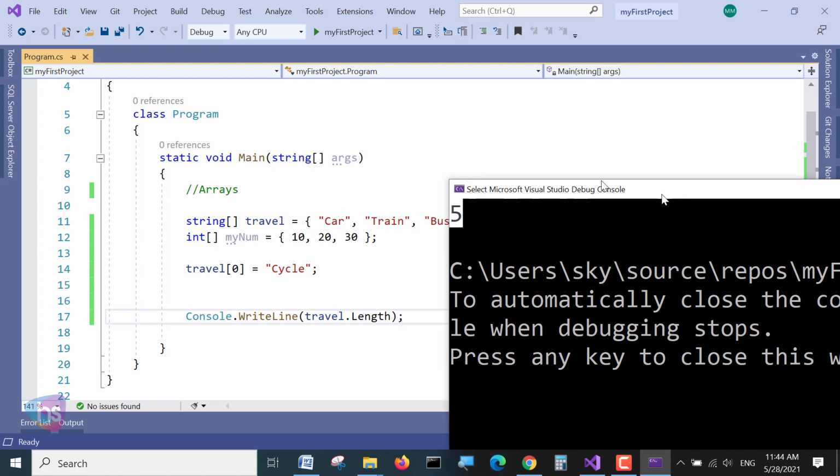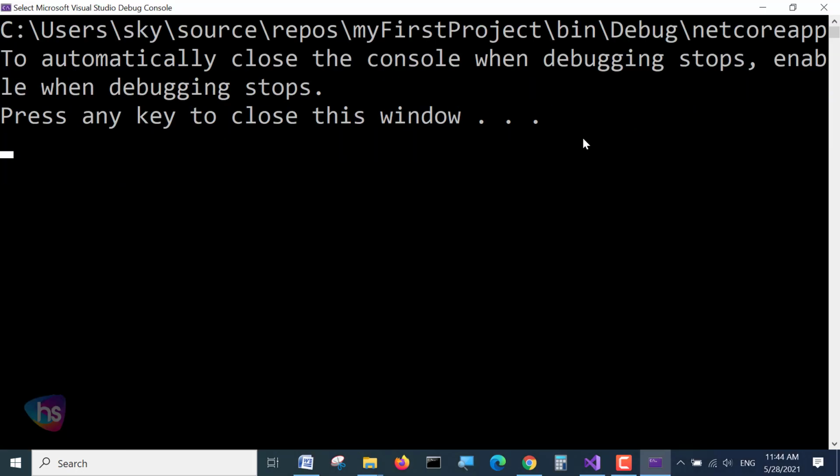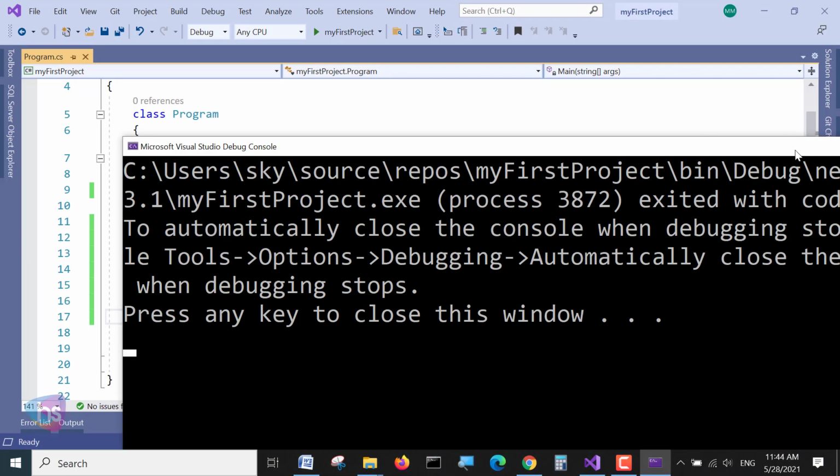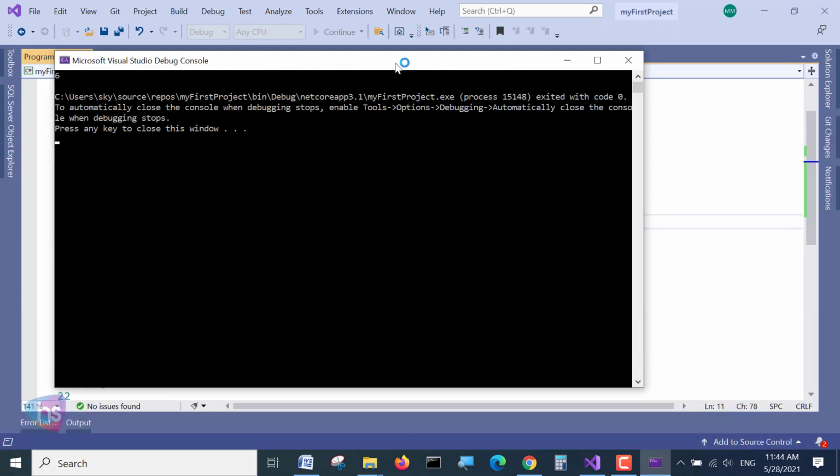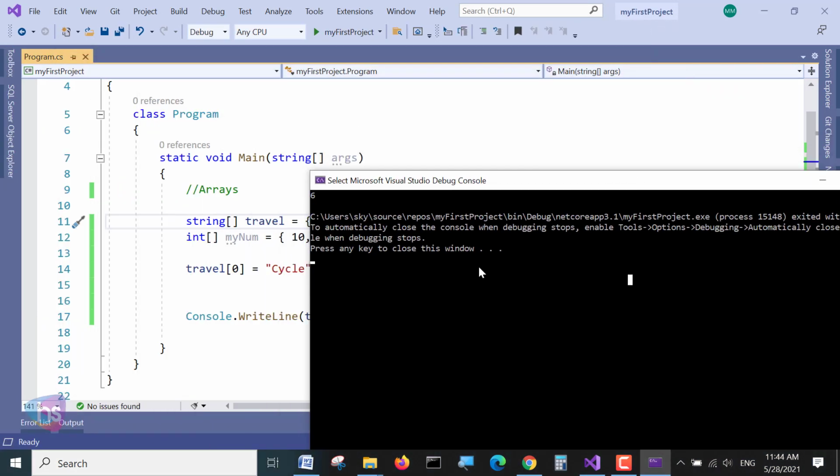Based on this length you may run a for loop or any while loop based on the condition. It's very easy. Your loop may run that many times to read these items one by one. This is purely dynamic. If I add one more here, like some other cycle, the length will automatically be calculated as 6.